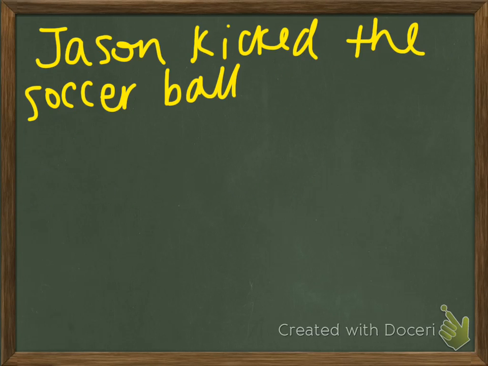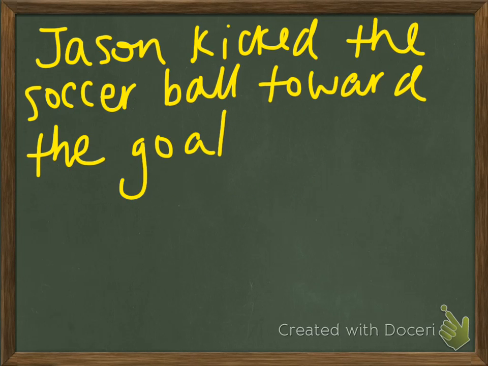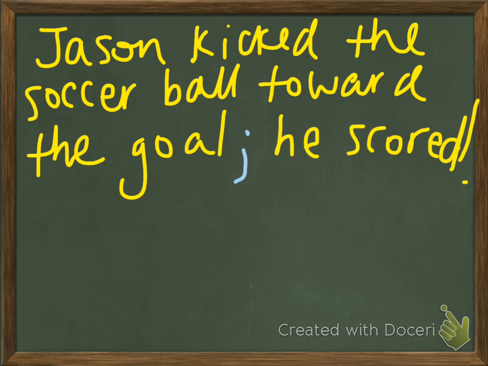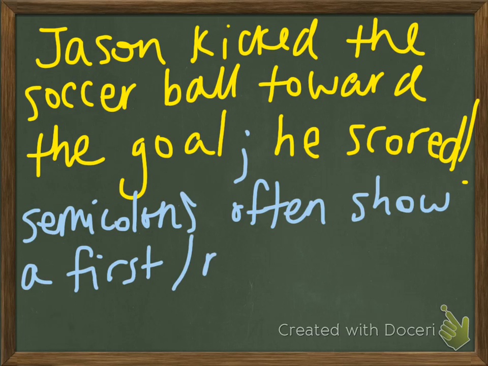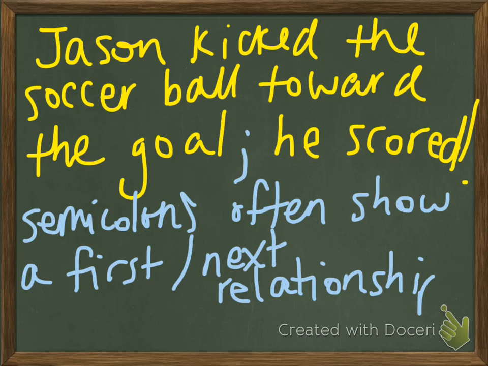So let's look at this sentence. Jason kicked the soccer ball toward the goal. That is a sentence that could stand by itself, but we want to know what happens next. So you could put a semicolon, just like that, and then he scored. So what the semicolon does often is it shows kind of a first-next relationship, or what happened earlier and then